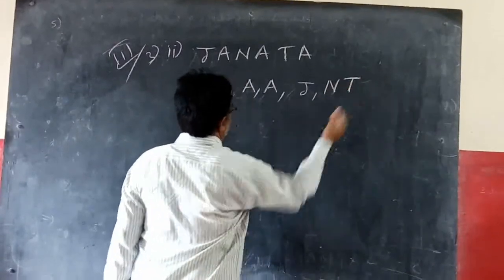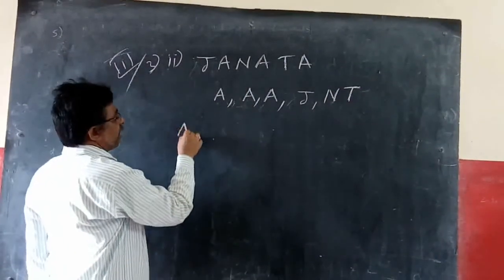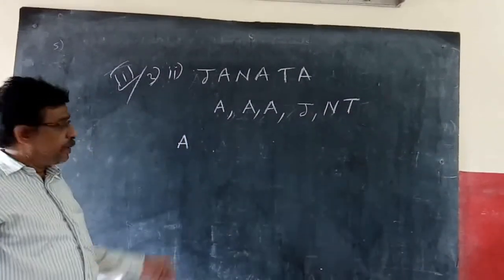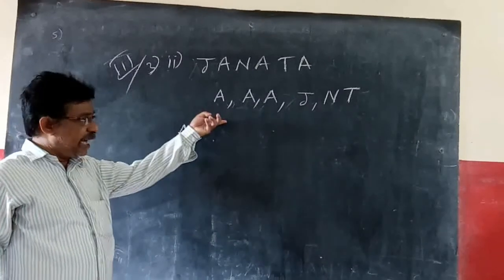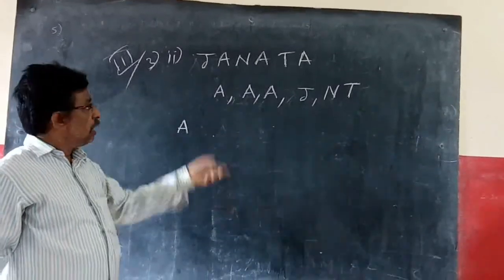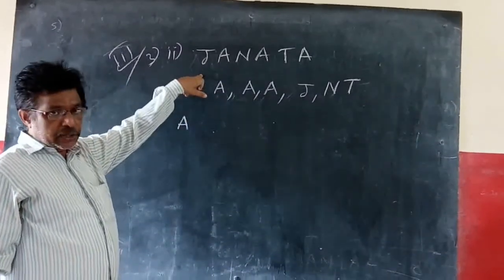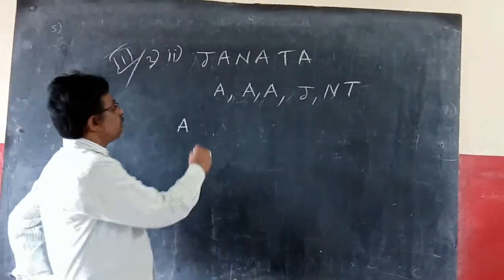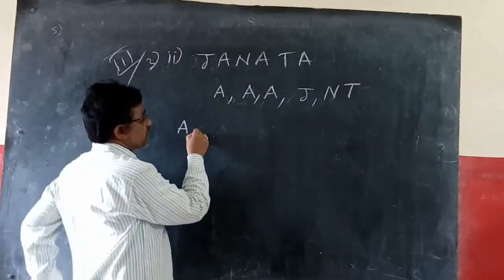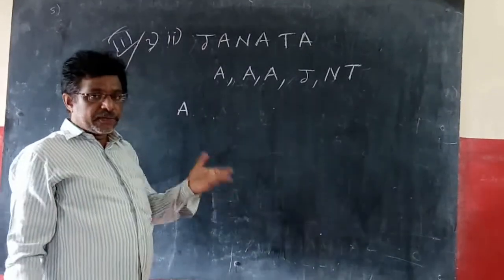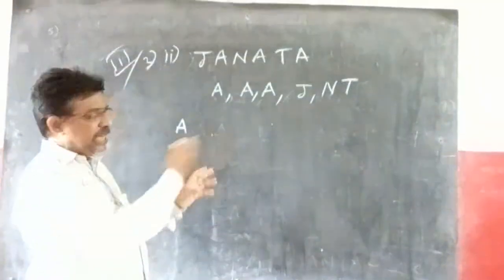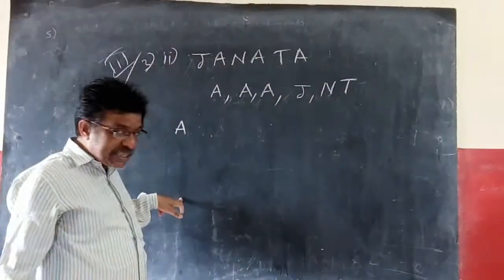First of all, you should be careful in this. The number of words starting with A, we don't want, we need to start with J. But in the dictionary we find the words with A first, so we need to count those first and then go to J directly. So how many words will be there with A?